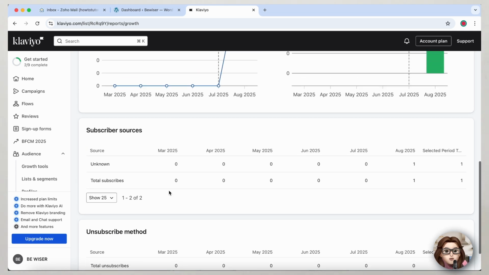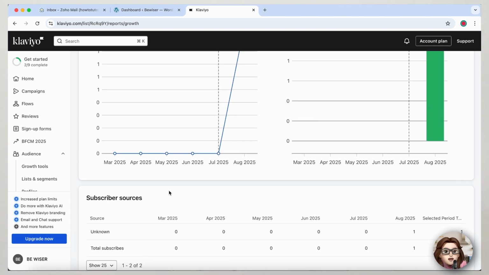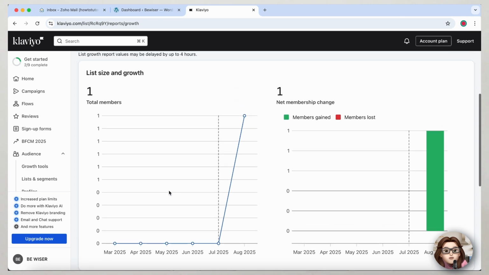Take a close look at these trends to identify patterns like spikes during promotions or periods of decline that might need attention. Regularly monitoring your list growth helps you make informed decisions, optimize campaigns, and ensure your email marketing strategy is always performing at its best. And that's it. You now know how to track and analyze your